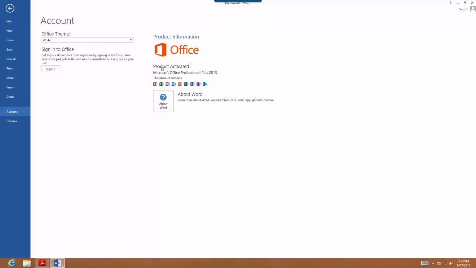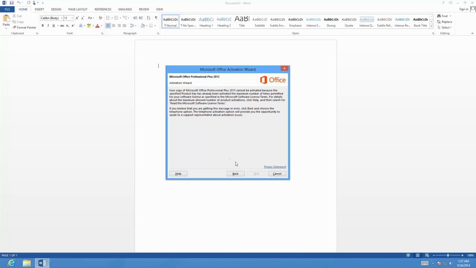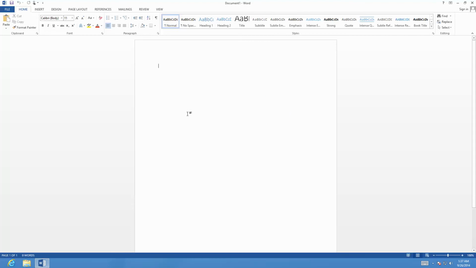But sometimes you'll get another message showing you that the product is not activated, and you'll get a message similar to this one here I'm showing you. It will tell you that the key has been activated the maximum number of times permitted, or sometimes it gives you another error like telling you the key has been used too many times. Well, it's perfectly normal, don't worry about this. It's just a false error. We can bypass that, and I'll show you how, so you can bypass it and activate your product without any problems. So you now just press on cancel if you have this window, and you go to file,